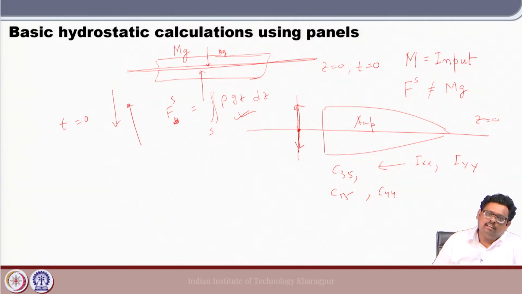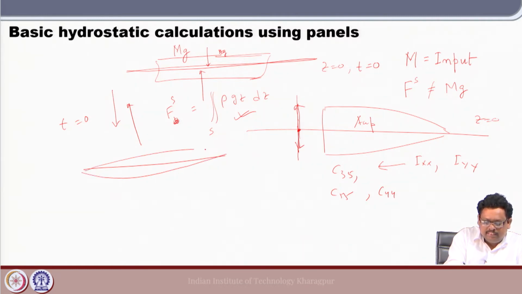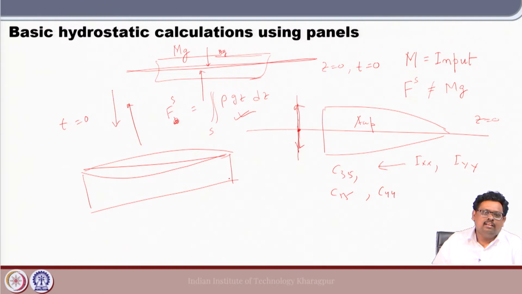However, when you use this panel method code, from the beginning what you have is the panels, right. So at the beginning, if you use this panel method code, let me draw a very simplistic 3-dimensional geometry. This is called the wiggly hull. So from the wiggly hull, or whatever the thing, anything that you started with